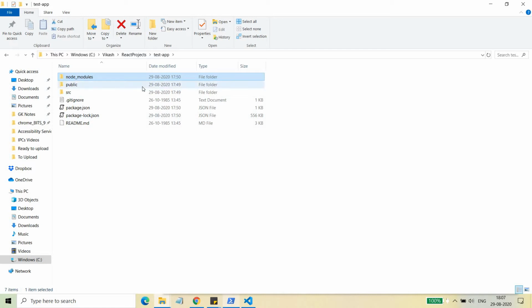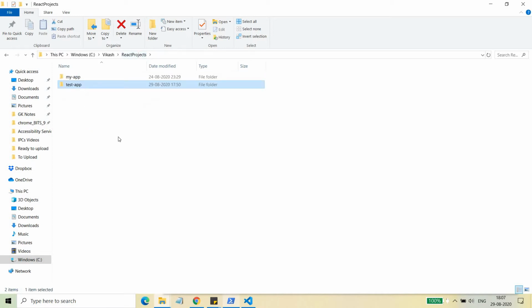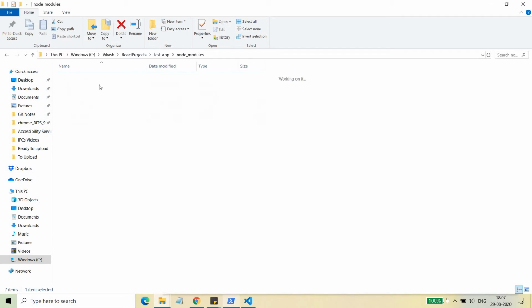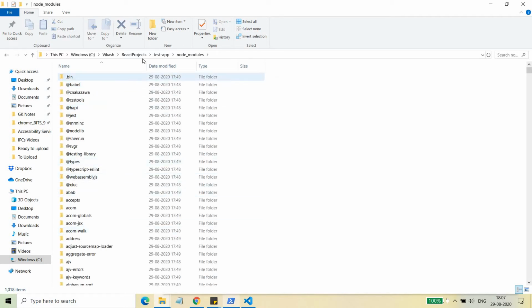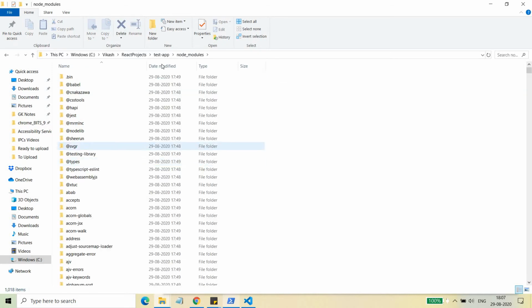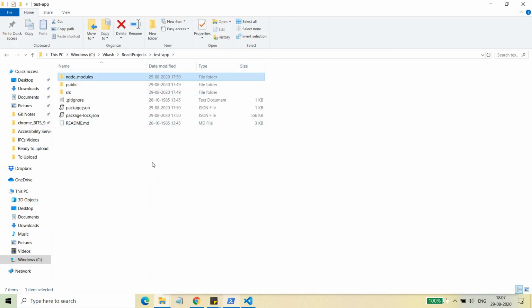From this base application, you can just copy and paste, and create your own new applications again and again. Otherwise, if you download this every time, you will see that node_modules gets downloaded every time, right? So only when some new library comes up, or if you need some new libraries, in that case you need to install them, right? And that you can install using this